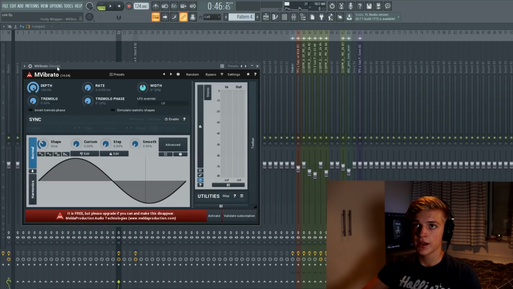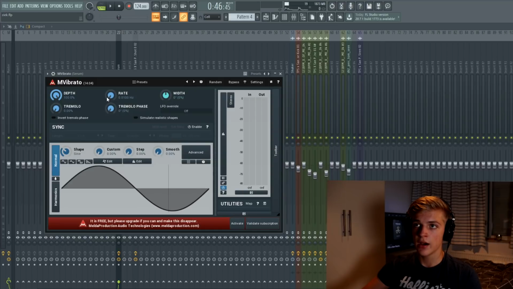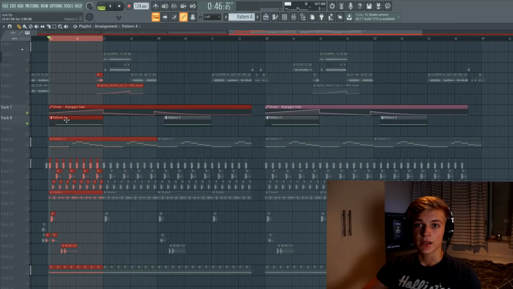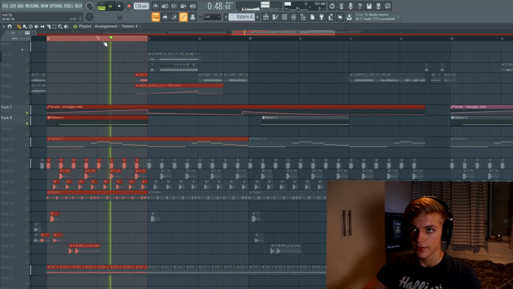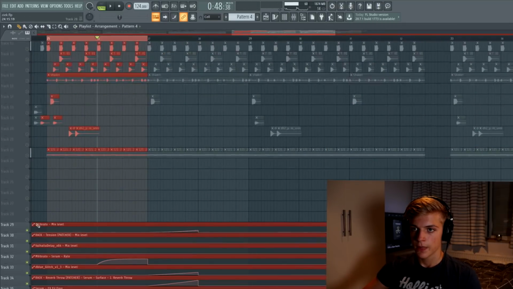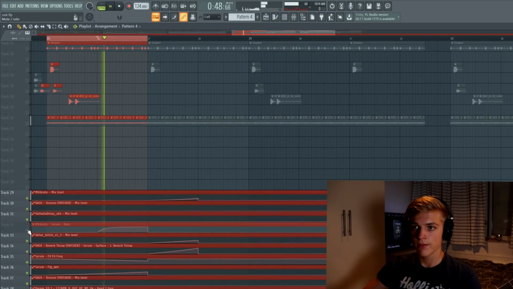And I added this plugin, which is the M Vibrato, and I automated the rate, which is pretty cool in my opinion, because that gives this effect. So if I turn that off,